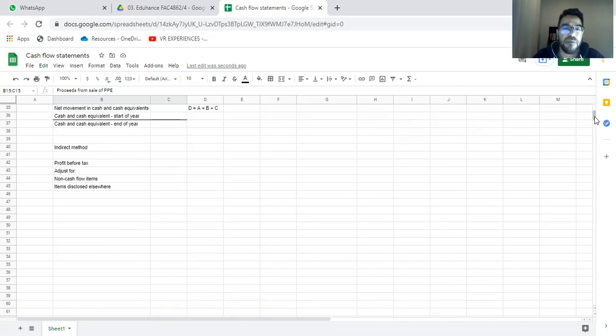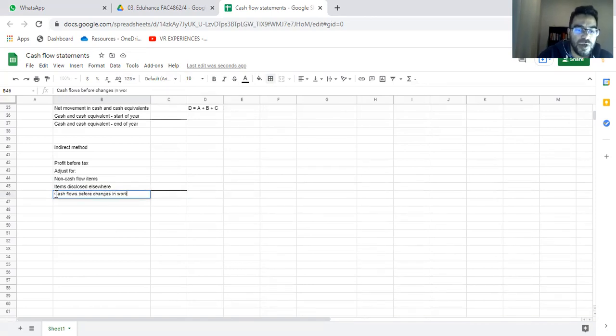What is below cash from operations is interest, dividends, tax. What is in investing activities? A profit or loss on the sale of PPE, things like that. So that is items disclosed elsewhere, and you always remove any non-cash flow item. This will give you cash flows before